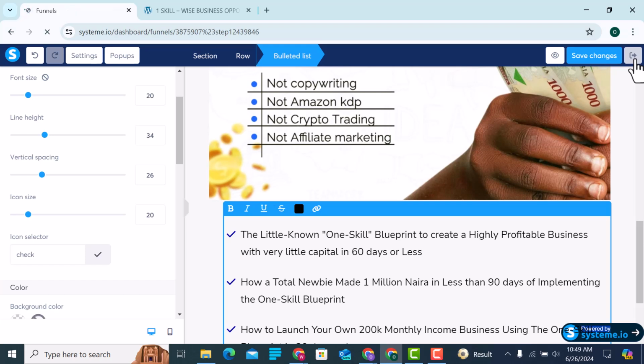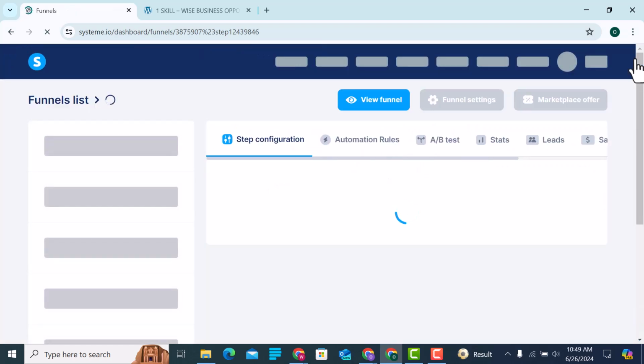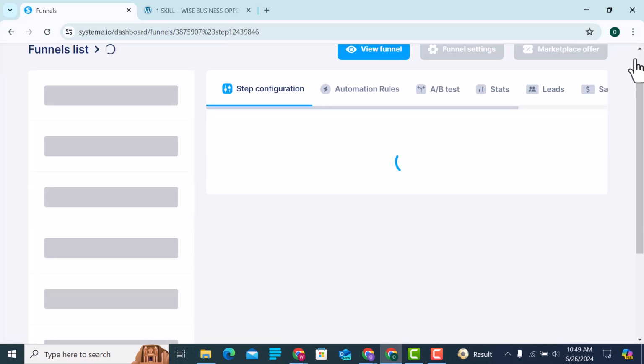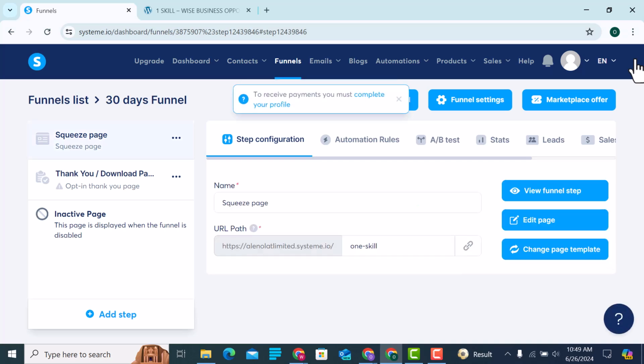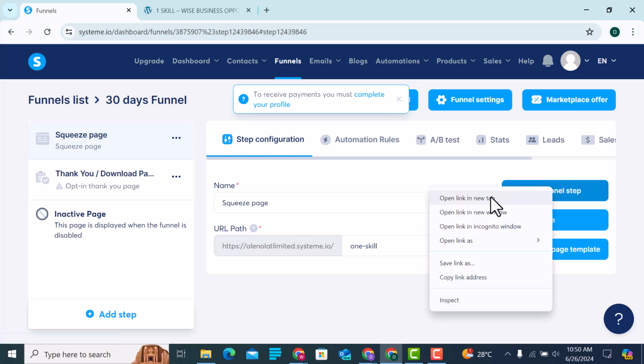So just move this here. Let's check what we've done. We've saved, right? After you save, just check what you've done. Let's wait patiently for it to load. Now, what I advise you do is that you play around with this thing a lot. Play around it a whole lot. If you don't, you will be messing up yourself. So let's view it to see.